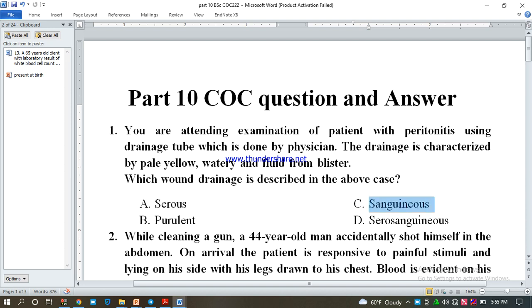ሌላው sanguineous drainage ምን አይነት ነው በምንልበት ሰዓት sanguineous drainage leakage of fresh blood from open wound ነው። fresh የሆነ blood open ከሆነ wound drain የሚያረግ ከሆነ leak የሚያረግ ከሆነ, inflammatory process of wound healing process ላይ የመጀመሪያው wound healing process ላይ phase 1 ብለን የምንጠራው inflammatory phase ነው። So inflammatory phases of wound healing ላይ የምናየው ነው። It reduced gradually with times and stop in most cases after few hours ማለት ነው፣ ከትንሽ ደቂቃ ከሰዓታቶች በኋላ ሙሉ በሙሉ ሊያቆም ይችላል ማለት ነው። የአይነት ድሬኔጅ ከሆነ sanguineous drainage ብለን የምንጠራው ማለት ነው